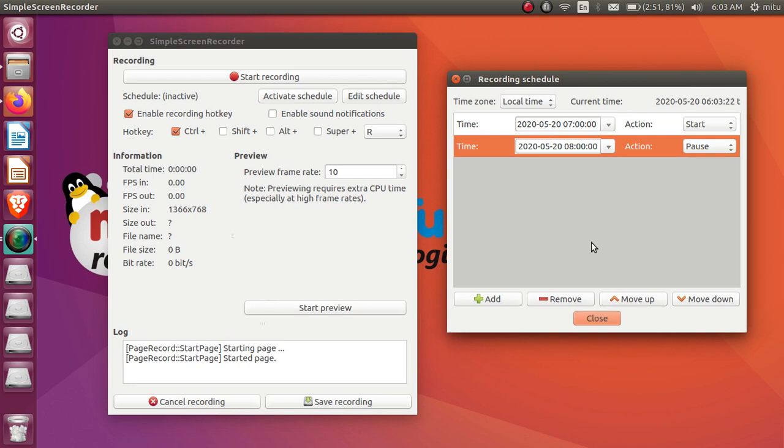So in this way this schedule is activated. Whatever actions I am doing there, it will start recording at that particular time and will stop at the respective time. So exactly for 1 hour in this particular case, the recording will be done and your video will be saved. This is what scheduling is for. We don't require it very regularly, because commonly we record video manually. We start recording, we stop recording, and then perform the options. So in this way you can check it out. Here start and pause, multiple options are present, you can make use of them.